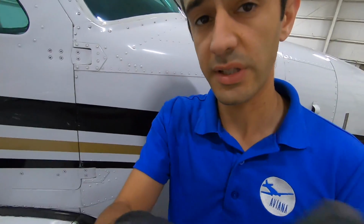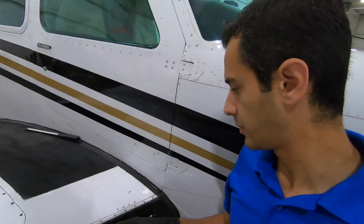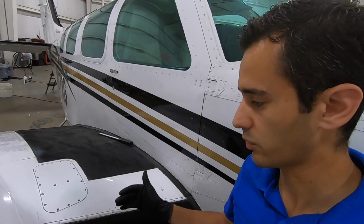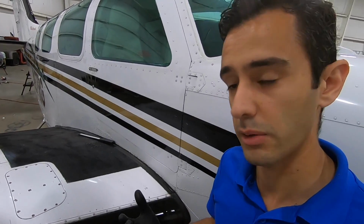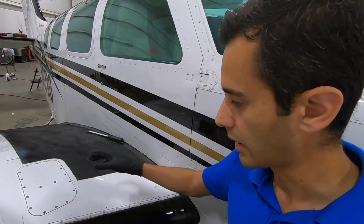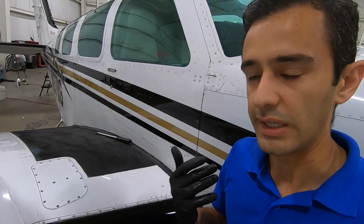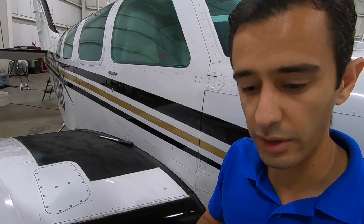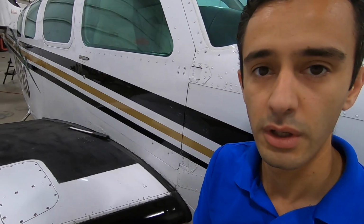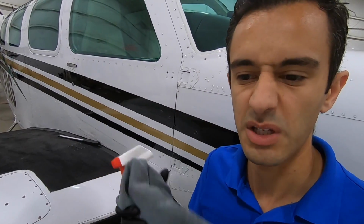So you may notice I don't tape off around the boots when I do this. In many cases, the paint around the boot is quite fragile. It's a special conductive paint to allow a static charge to dissipate from the rubber into the metal. By taping that, you risk pulling it off. So for me, it's just easier to work carefully, and then I'll go around, and if I have any spots where I went over, I can use panel wipe to just wipe that up and make sure it's clean and